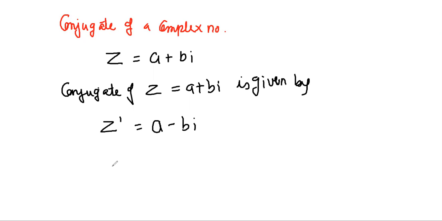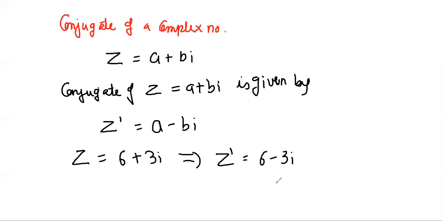Okay, okay, okay. So z dash is equal to a minus ib is the conjugate. Now if I give you a term, an expression, for example 6 plus 3i. Can you write down the conjugate of this number? Yes, what would it be? Can you tell me orally? 6 minus 3i. Correct. Z dash is equal to 6 minus 3i.